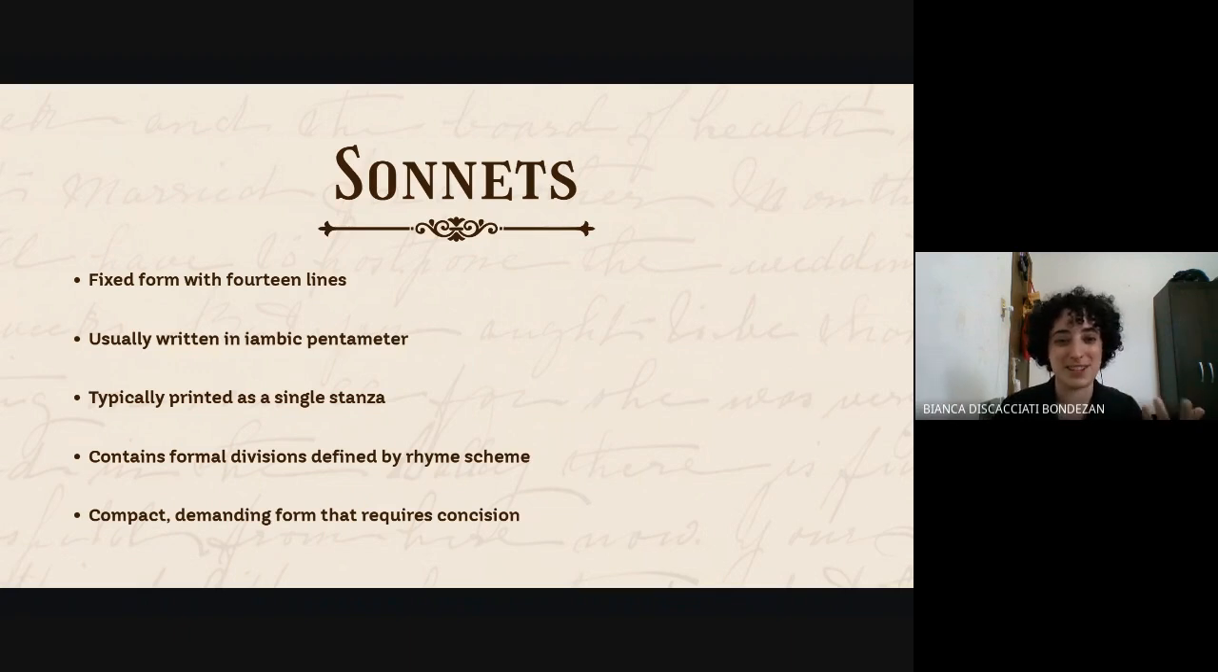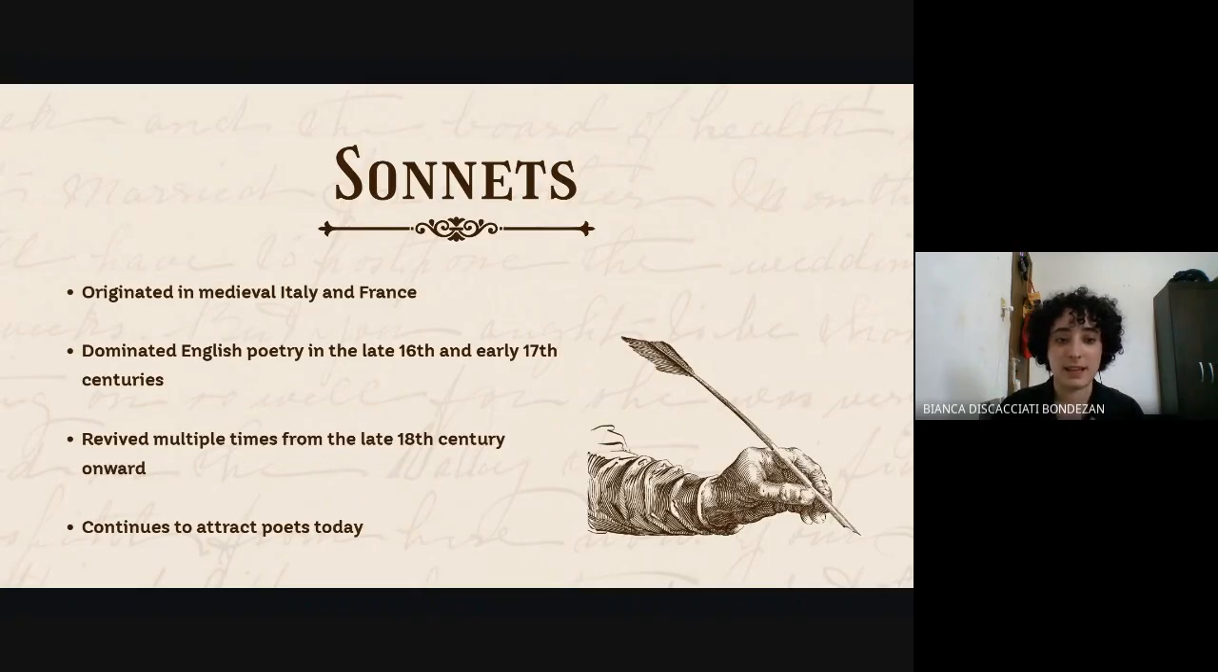Okay, so I had to research that. I didn't know what it was. And it's typically printed as a single stanza, so like everything together. It contains formal divisions defined by a rhyme scheme, compact, and it originated in medieval